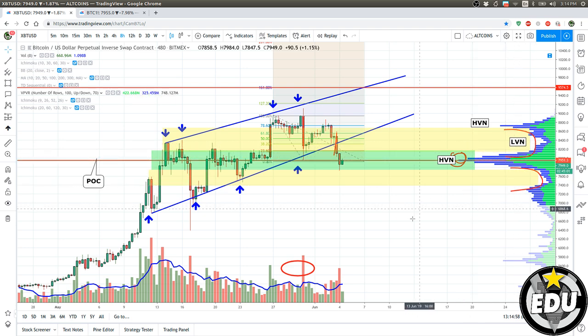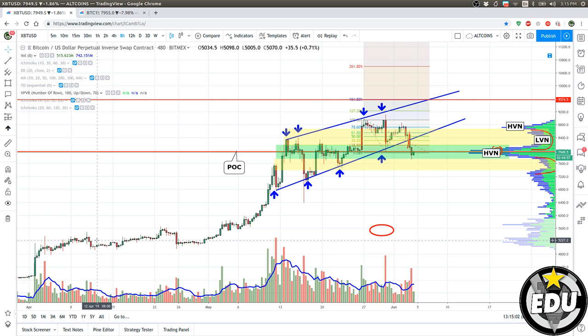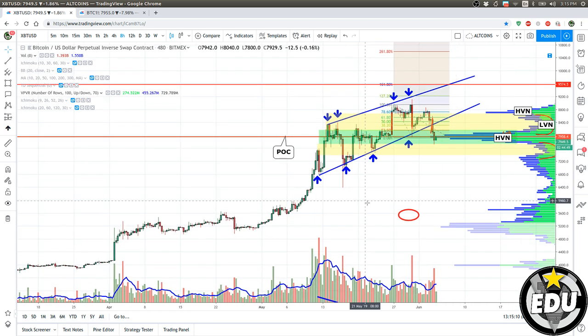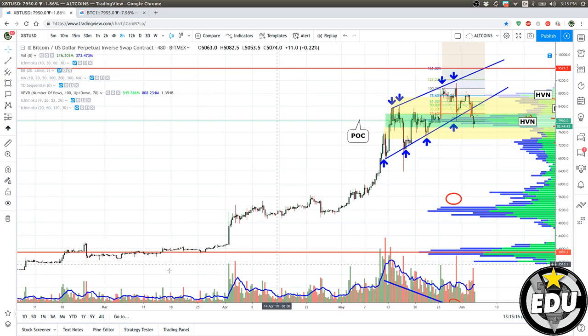The volume profile will change if I take more range into consideration. So the more chart you see, the VPVR indicator will adjust to that. If I take more and more and more, the VPVR indicator will change every time. See, now the VPVR POC, the highest volume node, is actually on 3.8.